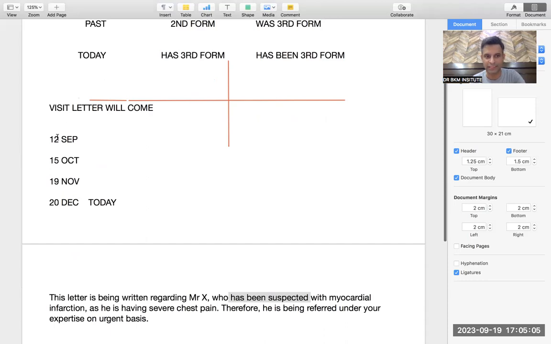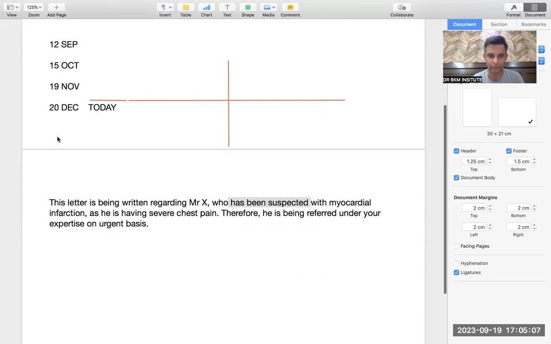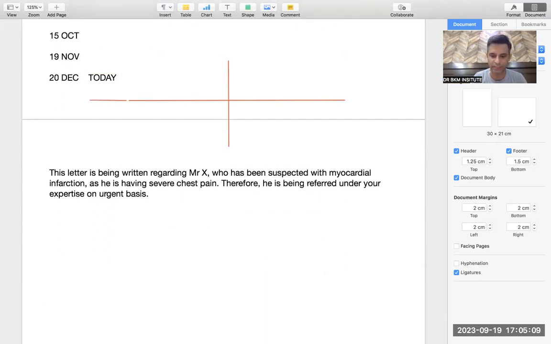Second paragraph. I will take it on from 12th September. Let's say it is a cardio patient. On 12th September, capital S, no doubt, capital S, and a comma, please. On 12th September, suppose it is 2010. So on 12th September 2010,